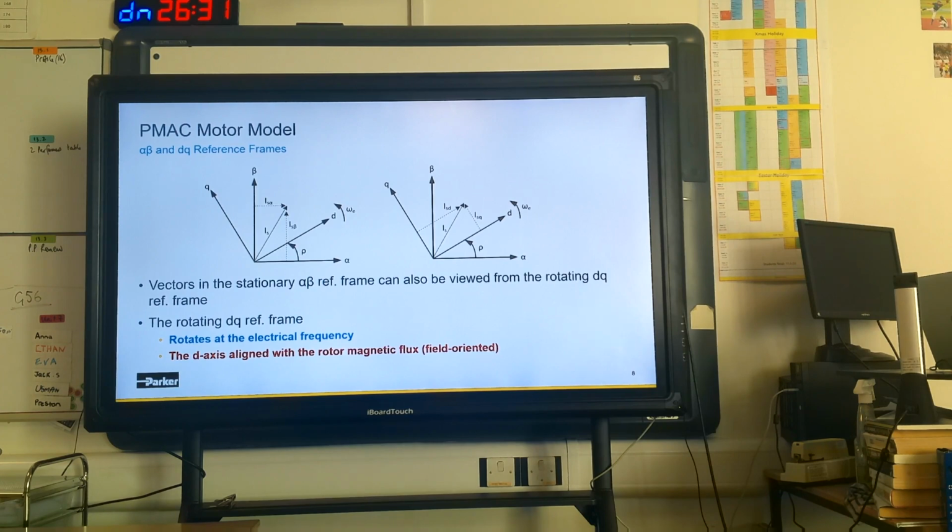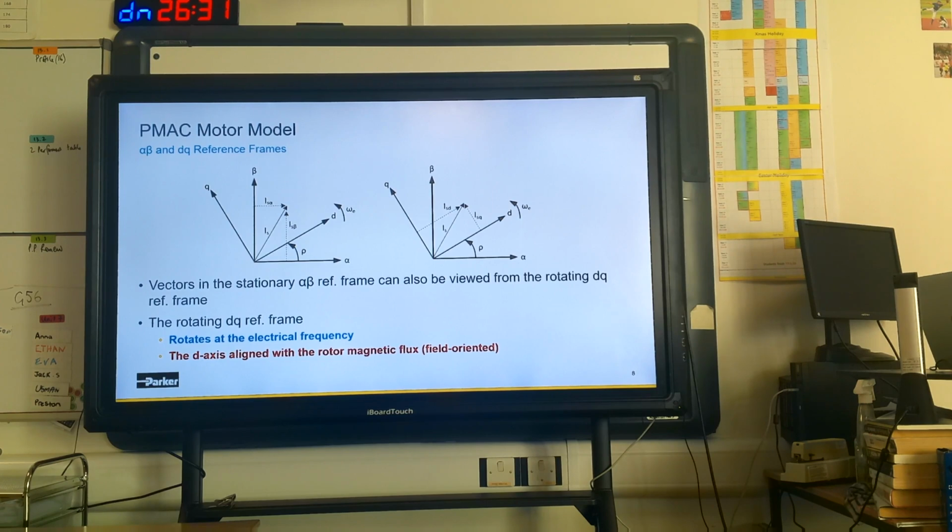And that is, if we choose, I could align the D-axis of this rotating set of axes with the permanent magnet in the rotor of the machine. And that's known as field orientation. So when you hear people talk about field-oriented control, this is what they're talking about. A set of rotating axes, D and Q, a rotational transformation, and the D-axis aligned with the real magnet in